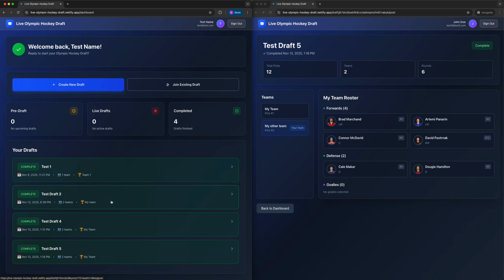So yeah, give it a try. live-olympic-hockey-draft.netlify.app. I'll also try and post a link where I can. So try it out yourself. I think you can try this out with just one person. It doesn't quite illustrate it as well as the two person setup like this, but I hope you enjoy it,